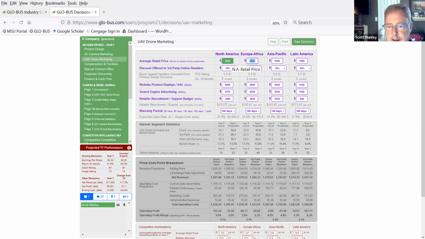So I'm going to try raising my price. I'm going to just go $10 a pop here, $15.45. $15.50, I lost demand. So I'm going to set that at $15.45. I go $15.60, $15.65, $15.70, $15.75, $15.80. I lost a lot of demand there. And then I'm going to go $15.55, $15.60, $15.70, $15.75, $15.80, $15.90. Okay, so $15.85 is going to be my price.